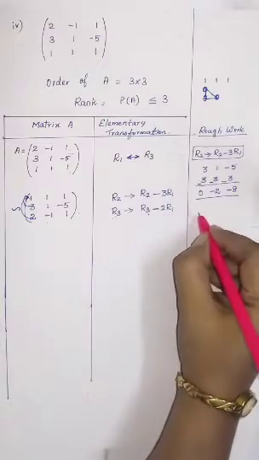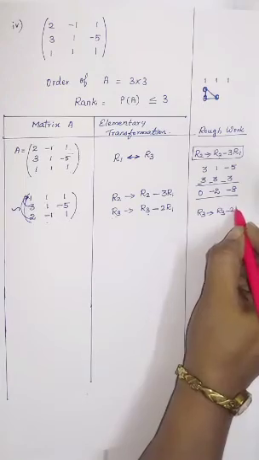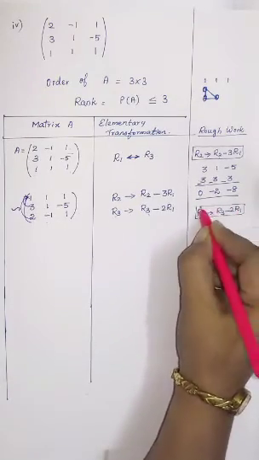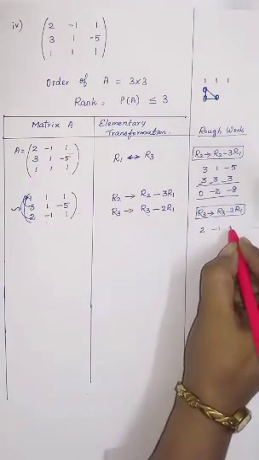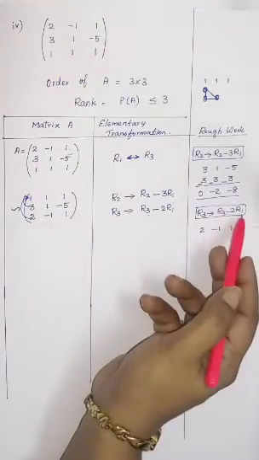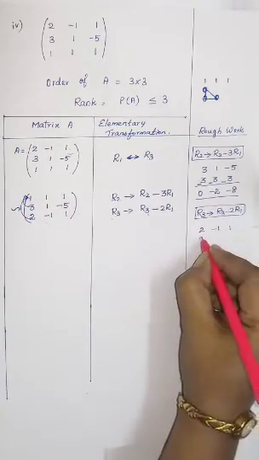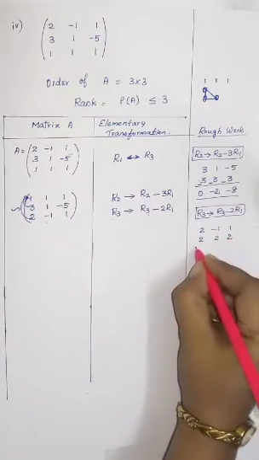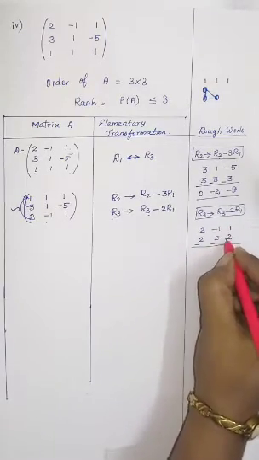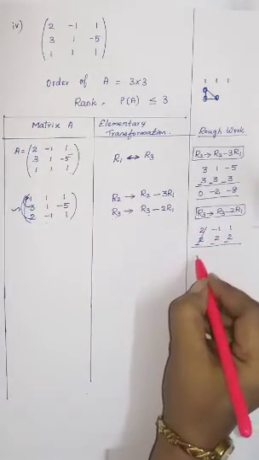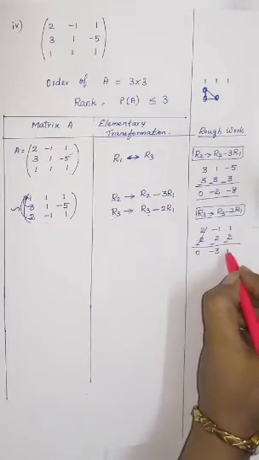Again for row 3, the same condition. Row 3 becomes row 3 minus 2 R1. So row 3 is here, 2 -1 1. So 2 -1 1 in your first row. Then 2 into R1, so R1 has to be multiplied by 2. So you'll get 2, 2 and 2 here. Now again you'll have to subtract it. So change the symbol, plus gives minus, again plus gives minus. Now you can cancel this, it will become 0. -1 and -2 adding, you'll get -3. 1 minus 2 you'll get -1.